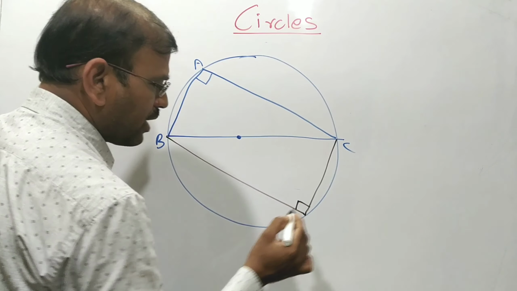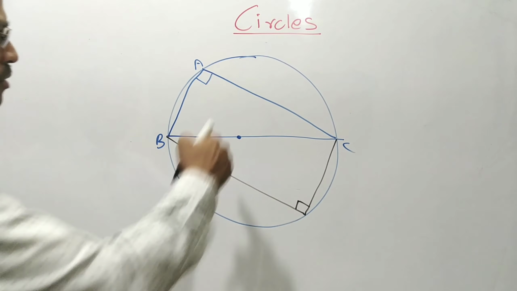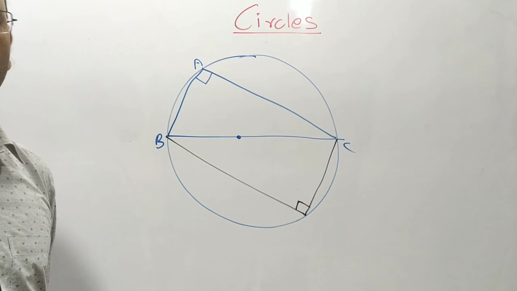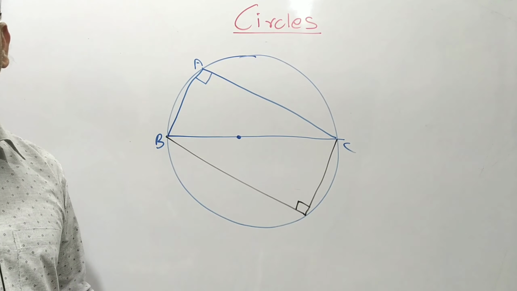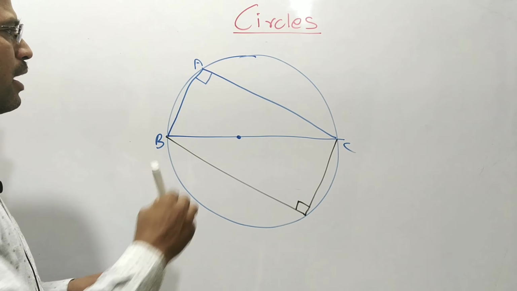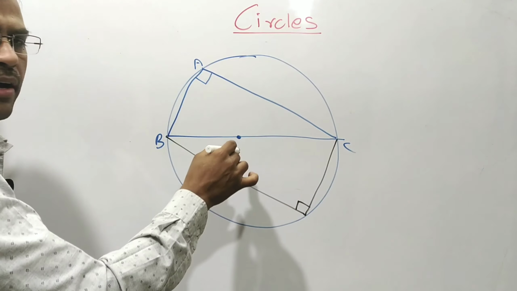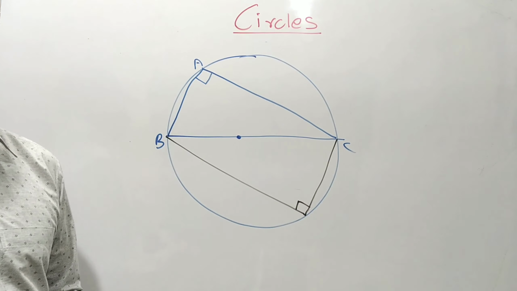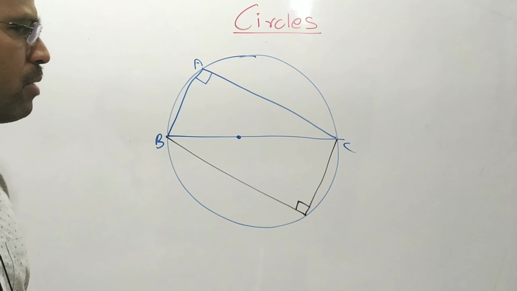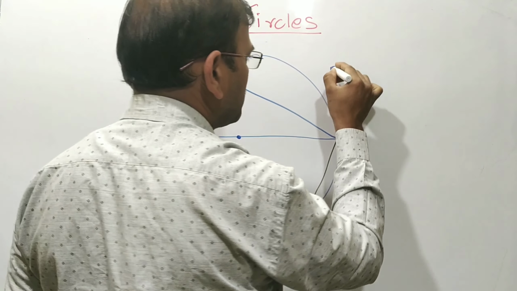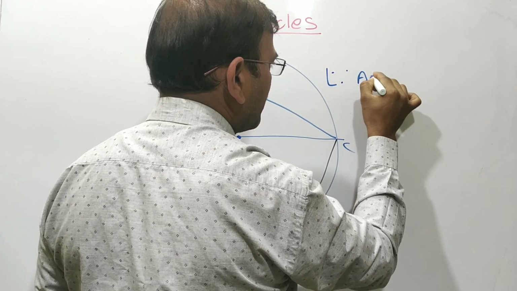This also forms 90 degrees. Now if I draw one more like this also, I can draw it. One more like this also, I am able to draw it. So whenever you see a figure like this, whenever you identify it like this, the simple way we can write it is as the reason: angle in a semicircle.